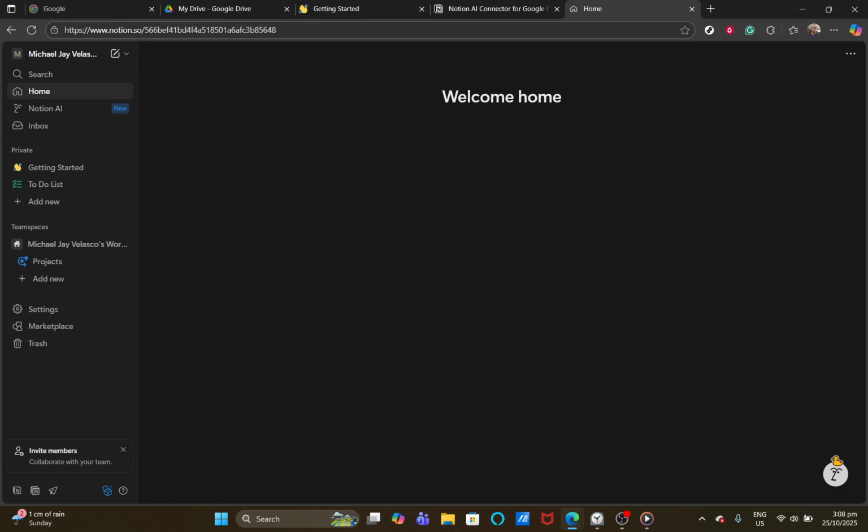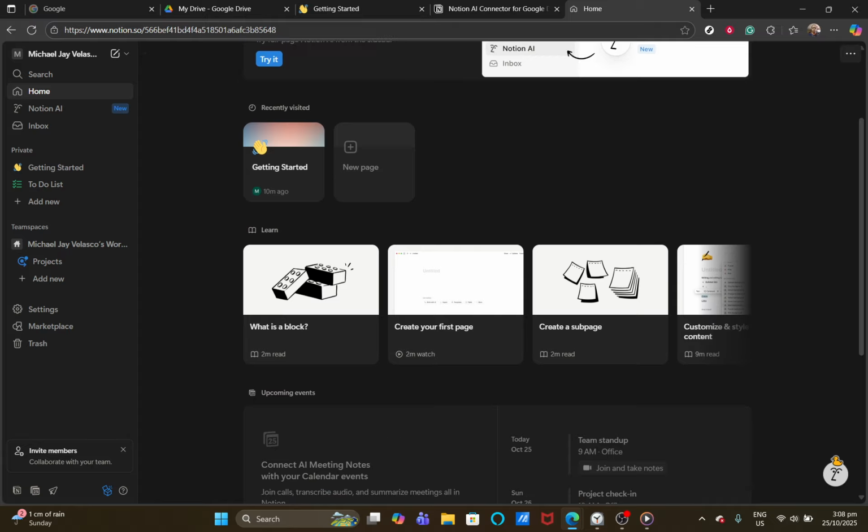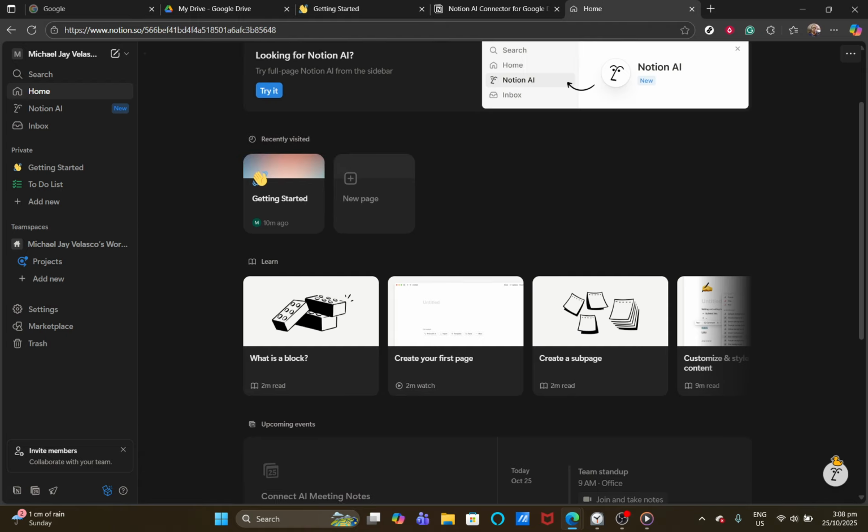Remember, successful integration isn't just about connecting the services, it's about enhancing a workflow that suits you and your team's needs. Take a moment to explore and familiarize yourself with how seamlessly these platforms now interact. This integration will save you time and help you keep focus by having everything you need available in one consolidated